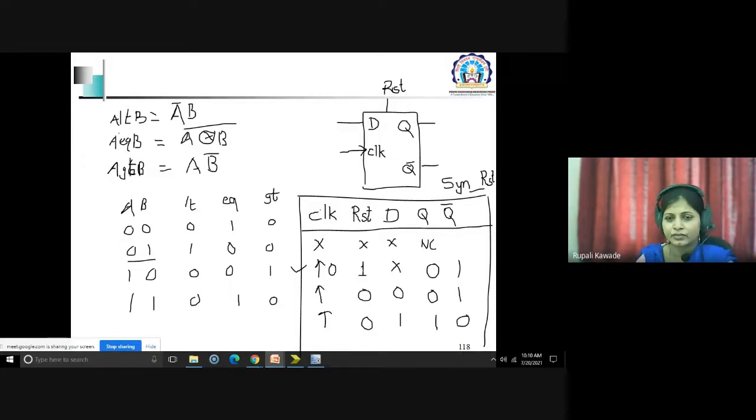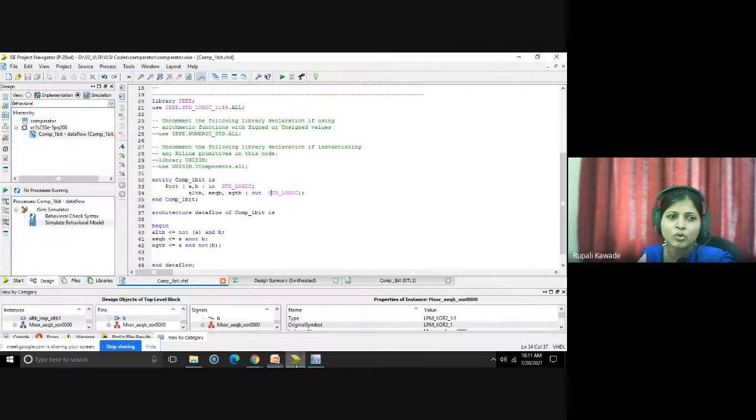So what we have to do now is write its VHDL code. We have seen writing code for combinational circuits like multiplexer, half adder, full adder, comparator. Now we will start with a simple example of a sequential circuit, or the basic element of a sequential circuit, that is the flip-flop. By taking the reference of this, we will write a code.